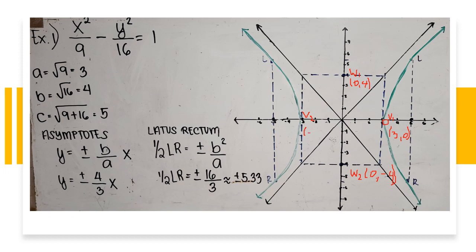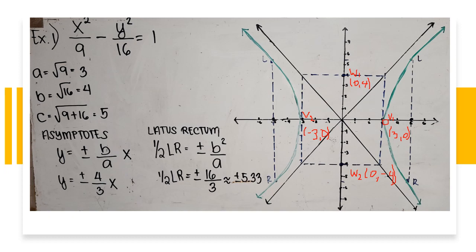So we have -3 and 0. Sorry, please bear with my penmanship. And 0. Okay, now, since we're done with the values of a and b,